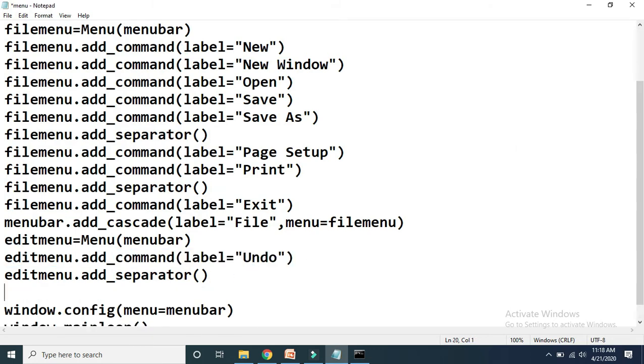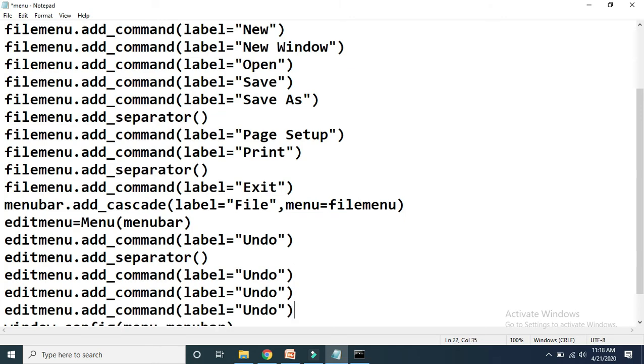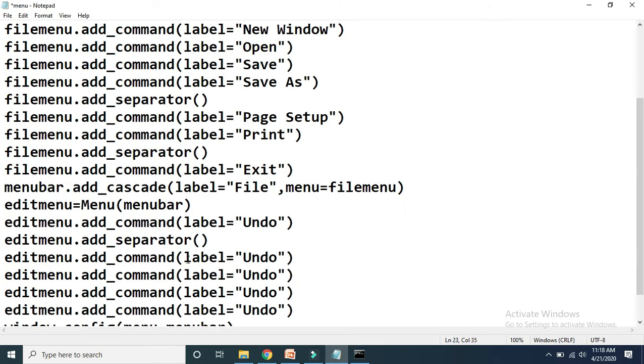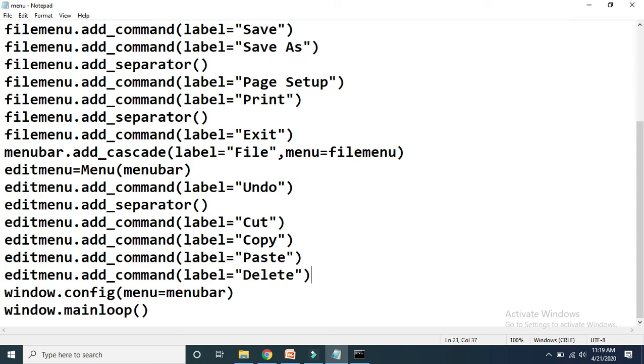After separator, one for cut, then next for copy, then next for paste, and finally for delete. Okay, so here cut, then next is for copy, then next paste, and finally delete. Okay, and after delete there is again a separator. So you can copy and paste this line. After delete you can give separator.